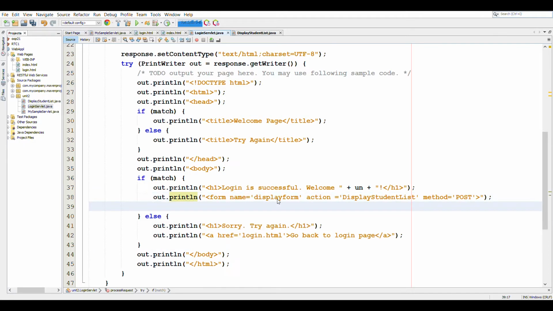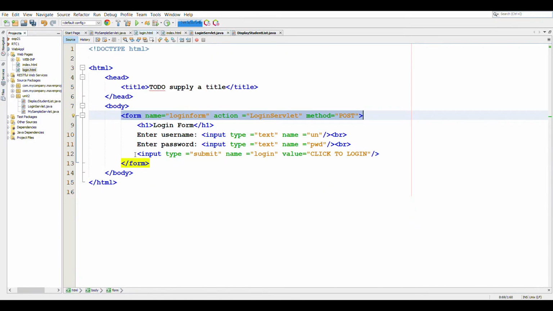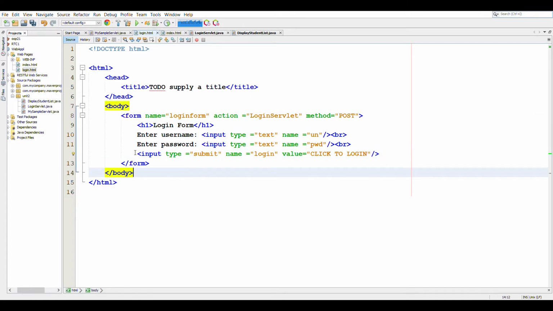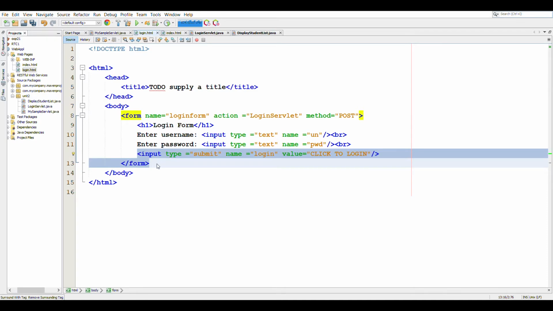Next, inside this form, we will also have to create a submit button. We will also copy the form ending tag.